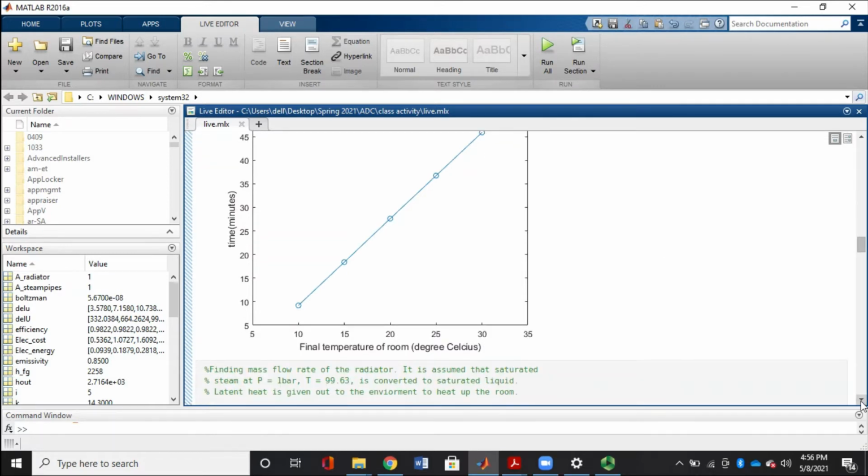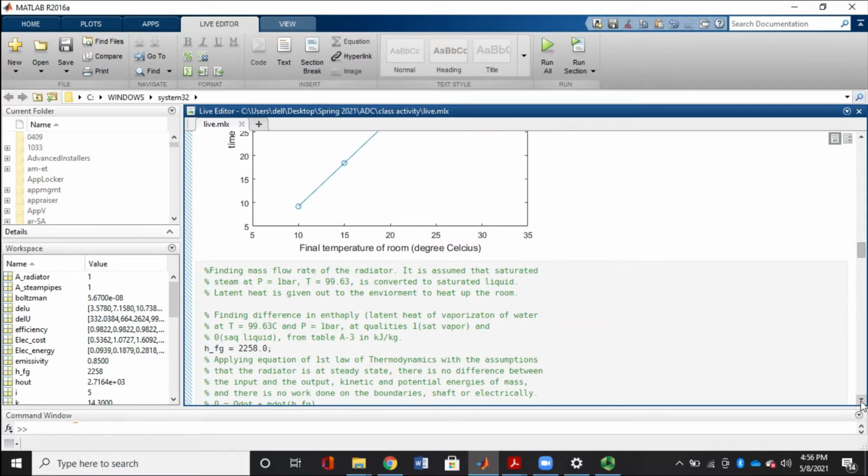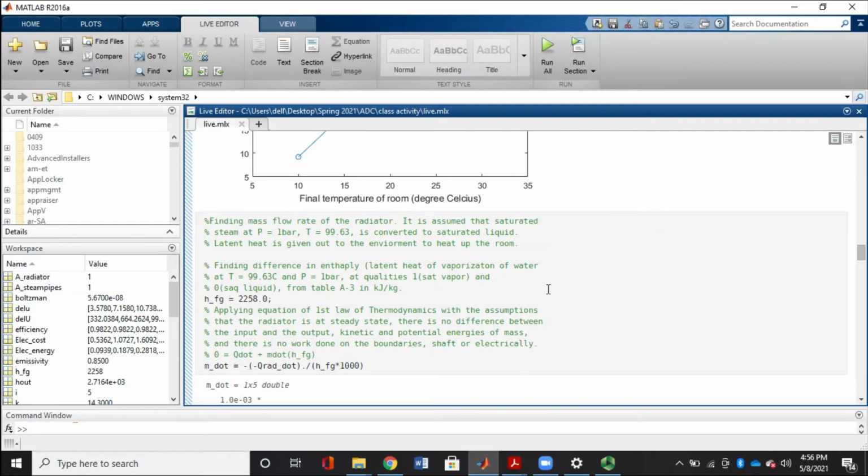Okay, so now moving on, we also want to find the mass flow of the steam through the radiator. We will assume that this mass flow is the same through the pump, through the boiler, and through the pipe as well. Now we know the states of the steam leaving and entering the radiator, and hence we can apply the first law over here.